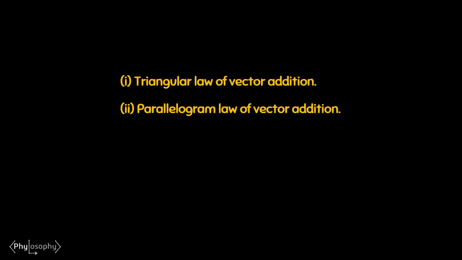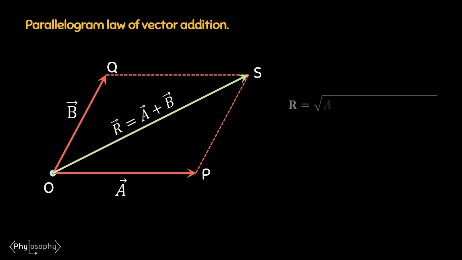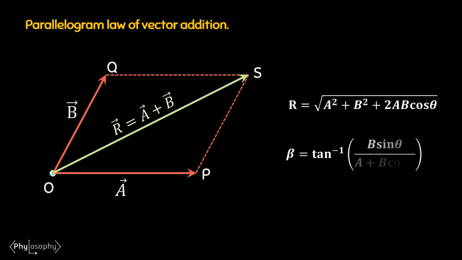We already learned about addition of two vectors. According to the parallelogram law of vector addition, if two vectors are represented in magnitude and direction by the two sides of a parallelogram drawn from a point, then their resultant will be represented in magnitude and direction by the diagonal of the parallelogram drawn from that point, and the magnitude of the resultant vector of the two vectors a and b is given by R equals square root of a squared plus b squared plus 2ab cos theta, and